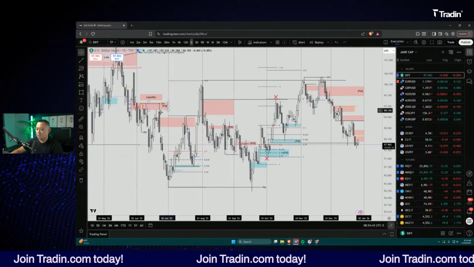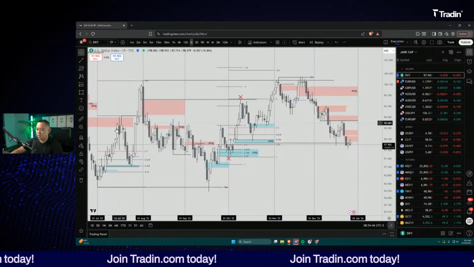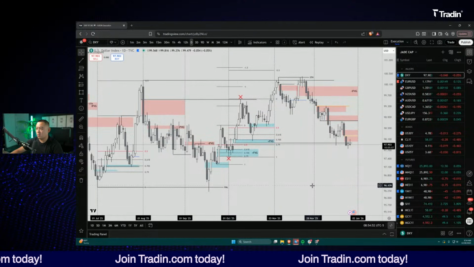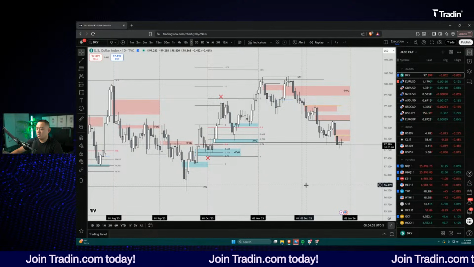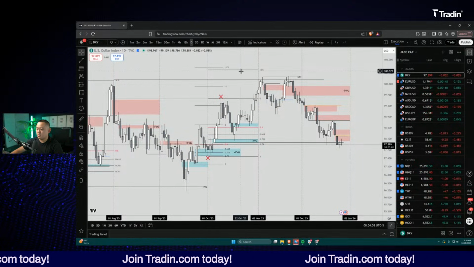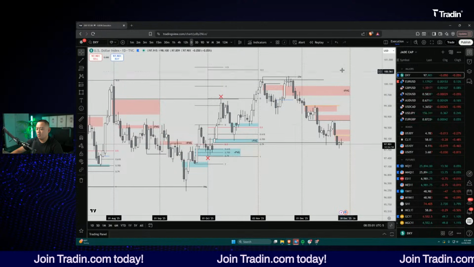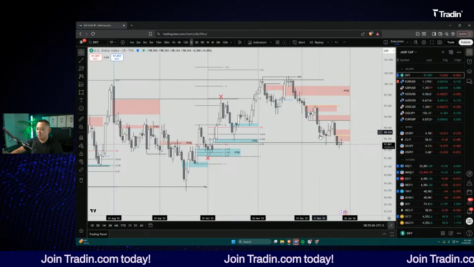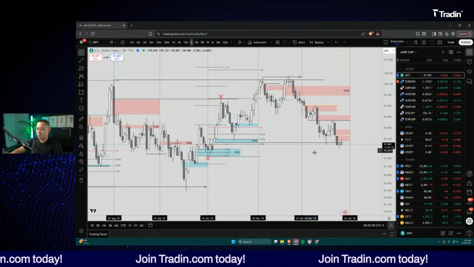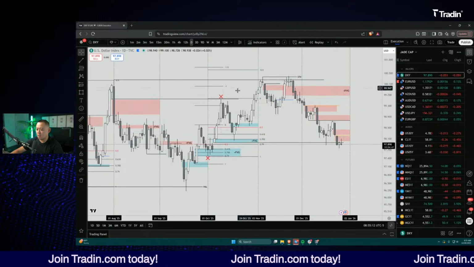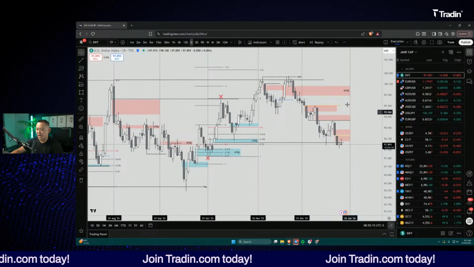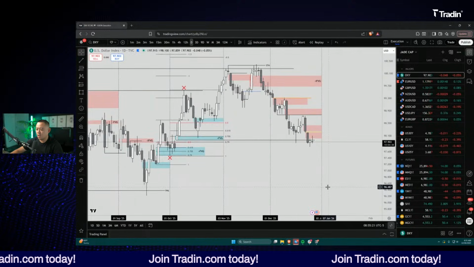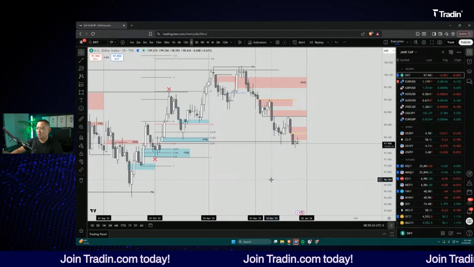And if you don't want to do this on the daily time frame, which is probably where you should start, because the daily time frame allows you to slow down and think for yourself without trading too much. Start paying attention to price action on these higher time frames, because if you can think slowly like this and see where the market's going, you can start speeding it up and trading the lower time frames. But until you understand the framework of how a monthly candle forms, how a daily candle forms, and how a yearly candle forms, I would stay away from intraday trading, because you don't really know how the market operates.